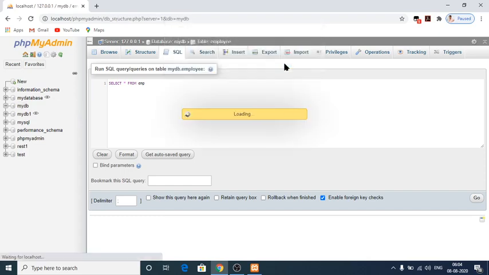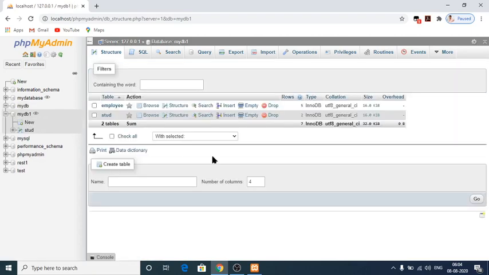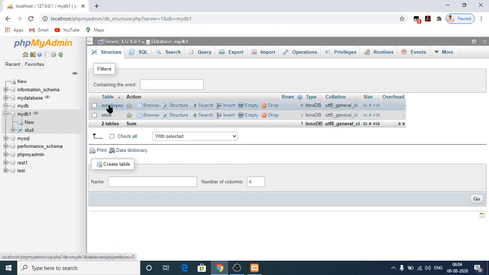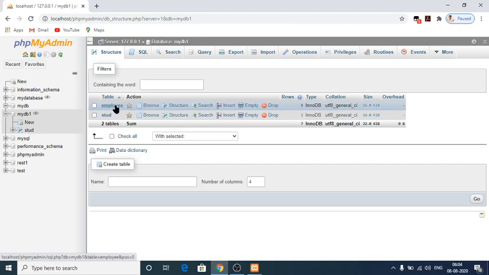So yes, there is no table in the name of employee in my DB1, DB as well as my DB1. So this is the difference between drop and truncate.